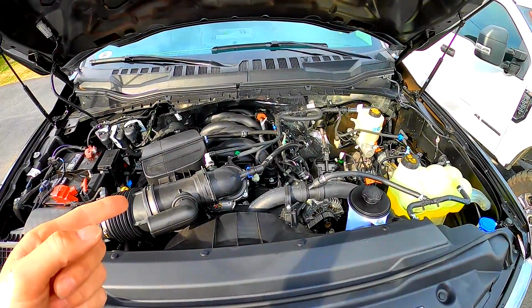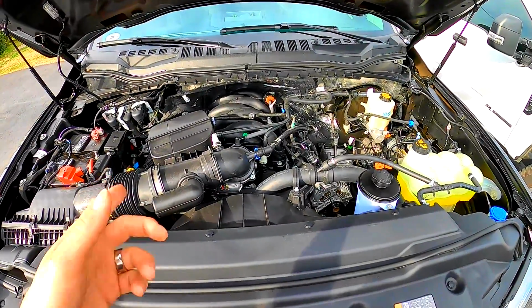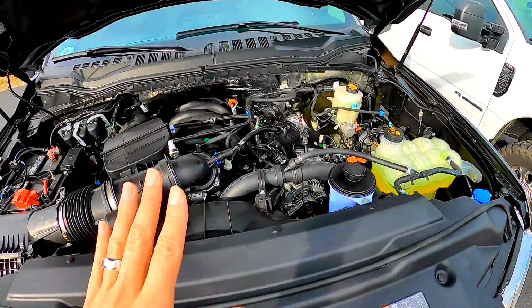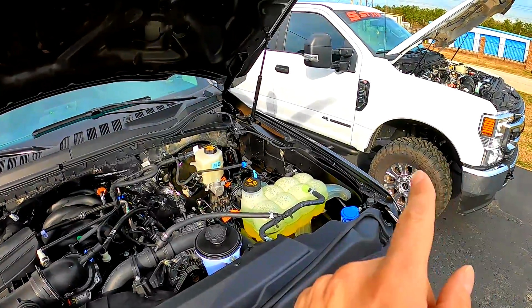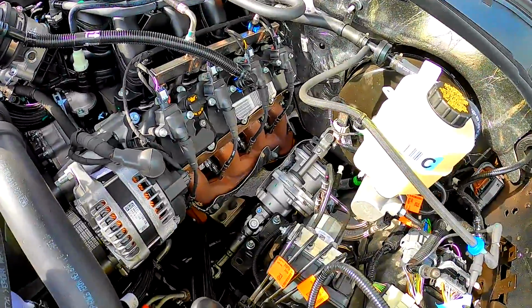And now we're back here under the hood of a 2020 F250 with the 7.3 liter Godzilla gasoline V8. We've given you guys a tour of one of these trucks before underneath, but I just wanted to compare and contrast real quick, gas motor versus diesel. You saw how packed in that diesel motor is, but just look at the space and serviceability on either side